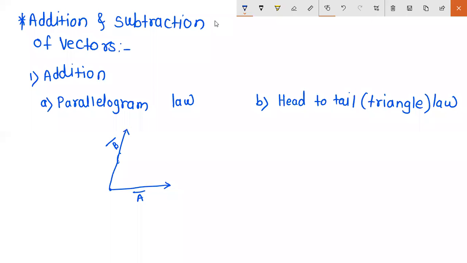Now, what is the parallelogram law? In this law, you have to draw one parallelogram by taking these two vectors. Draw one line parallel to a bar and draw another line parallel to vector b bar. Here you will get one meeting point, and from the origin to this meeting point,